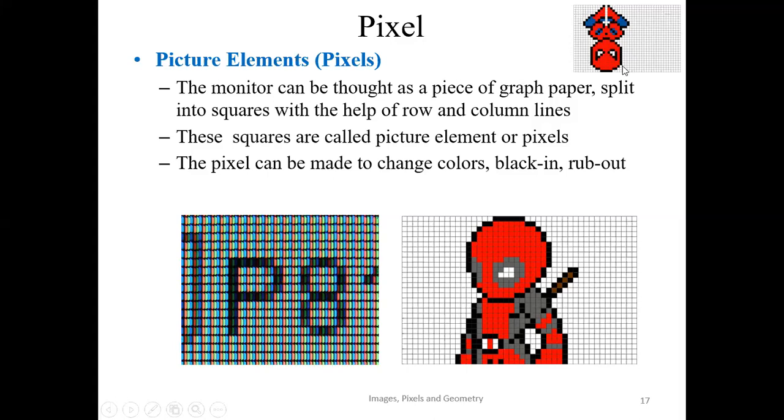If you look at the top, we have Spider-Man and we have Deadpool. Two characters. How can I identify this one as Deadpool? By seeing the sword behind his back and the screen. And here I can recognize Spider-Man by his blue and the spider. So the monitor can be thought of as a piece of graph paper,